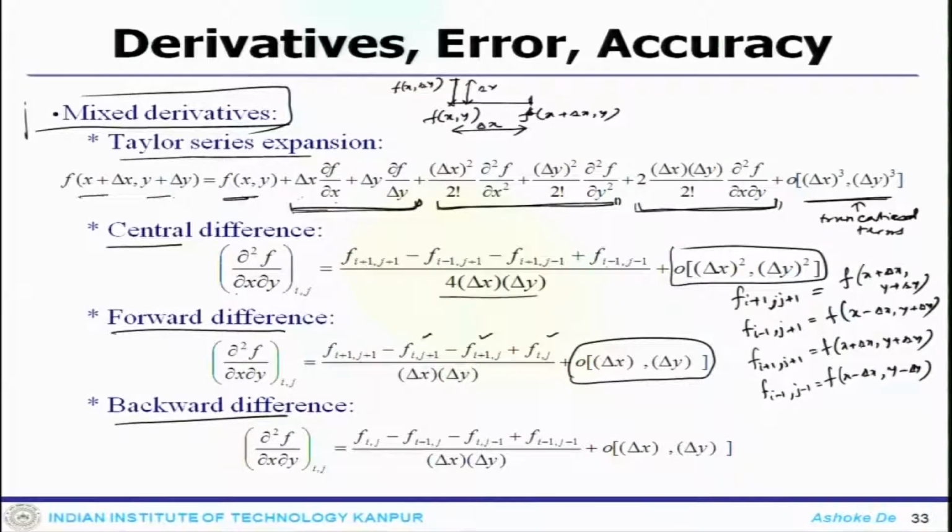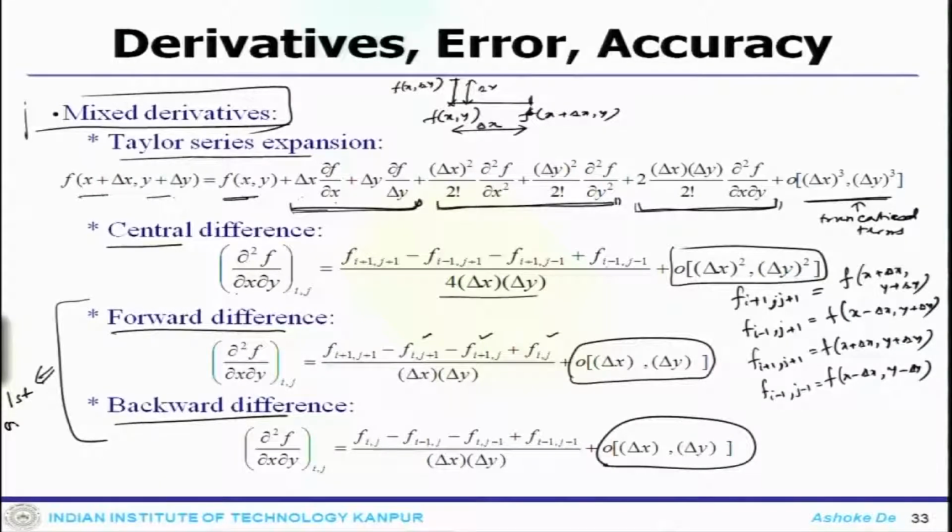When you look at ∂²f/∂x∂y using backward, f(i,j), f(i-1,j), f(i,j-1), f(i-1,j-1) divided by this, again this is first order accurate. So, the bottom line here is that if you use forward or backward difference scheme, they are always